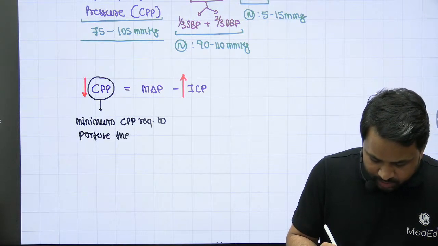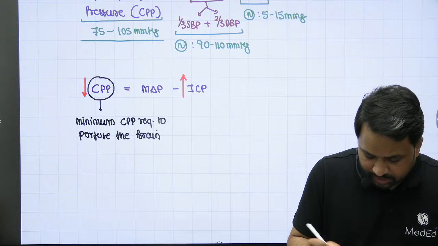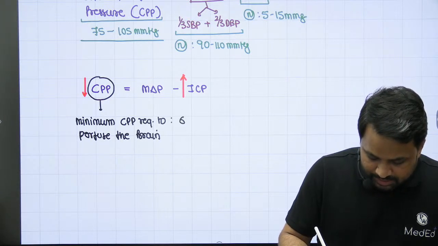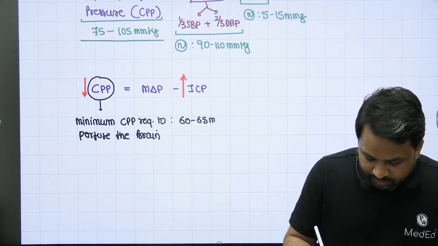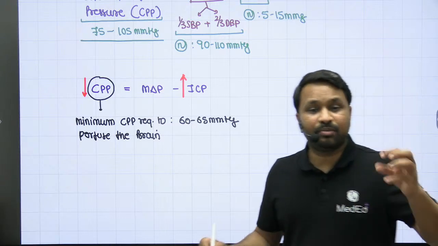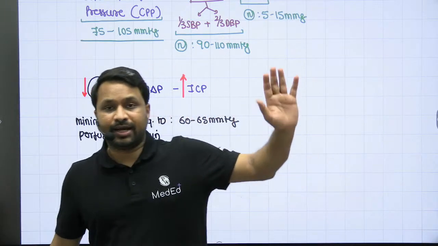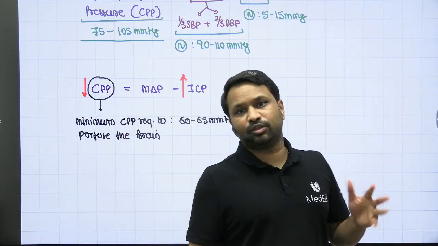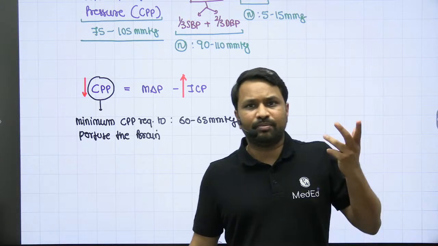Minimum CPP required to perfuse the brain is anywhere between 60 to 65 millimeters of mercury. इससे कम में ब्रेन का काम चलेगा ही नहीं, ठीक है। अगर सीपीपी इससे कम पे ड्रॉप हो जाता है फिर तो दिक्कत हो जाएगी, ठीक है। तो बॉडी बोलती है मैं तो उसको होने ही नहीं दूंगी।